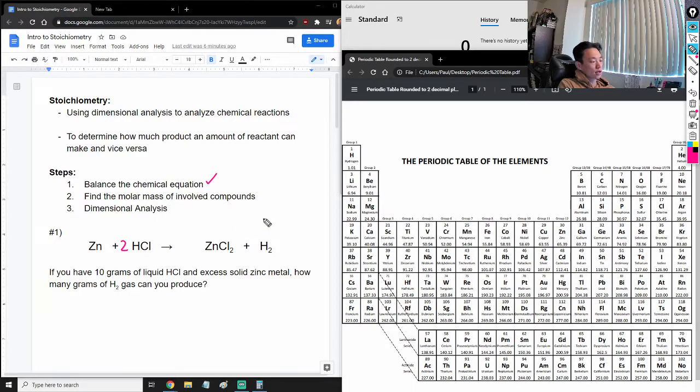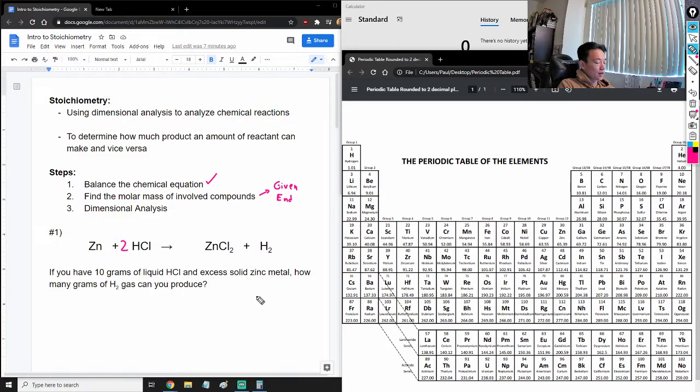Now in order to do that, basically this is telling us to look for your given and your end and just find the molar mass of those two things. So let's see how that works. So let's read the question. If you have 10 grams of liquid HCl and excess solid zinc metal, how many grams of H2 gas can